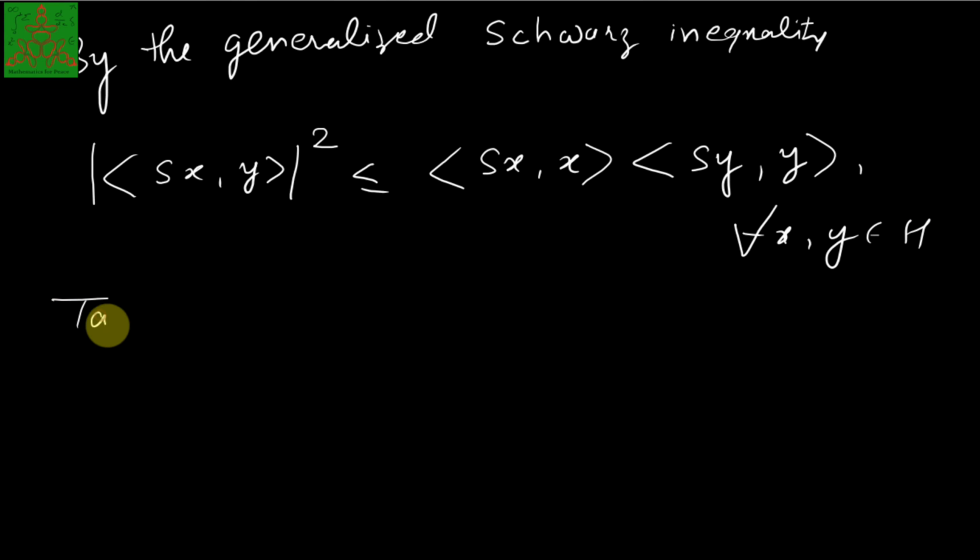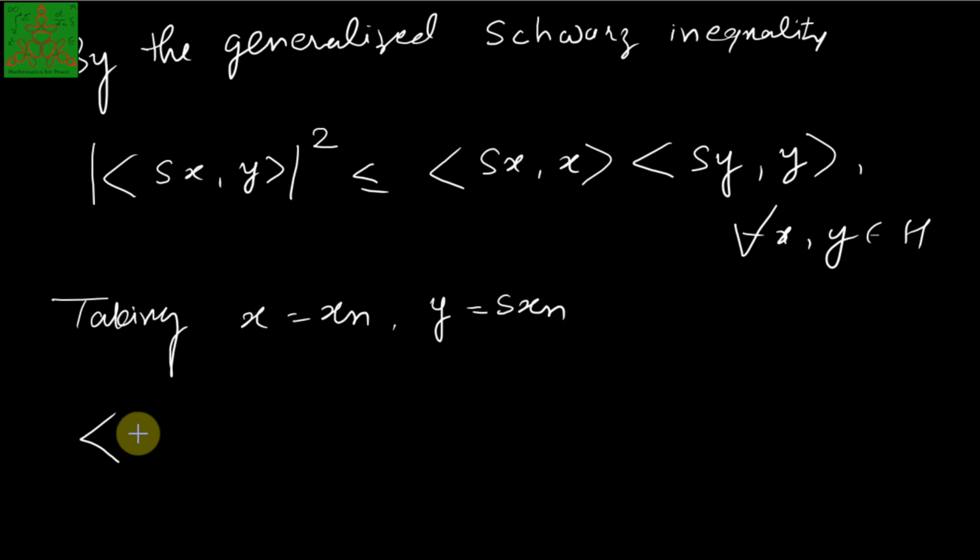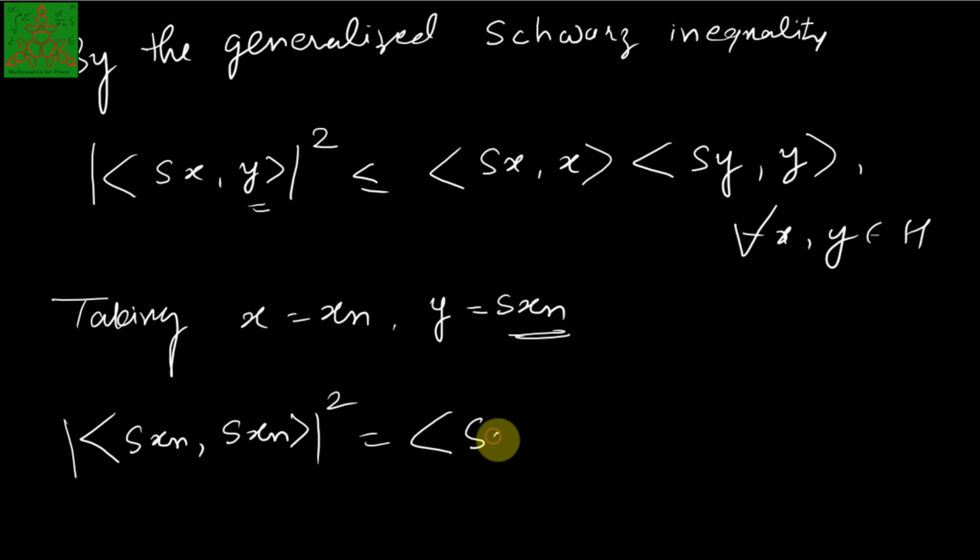Now by taking x equal to xn and y equal to Sxn, replace here with these values. On the other side we have ⟨Sxn, xn⟩, and instead of y I have to put Sxn,